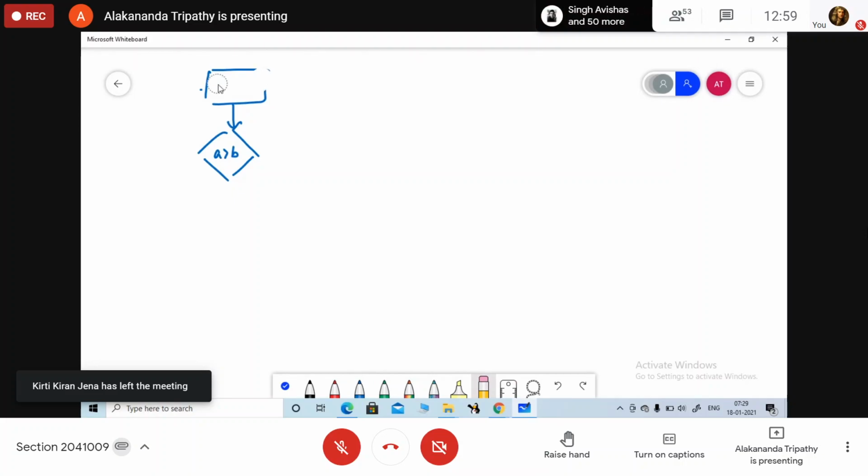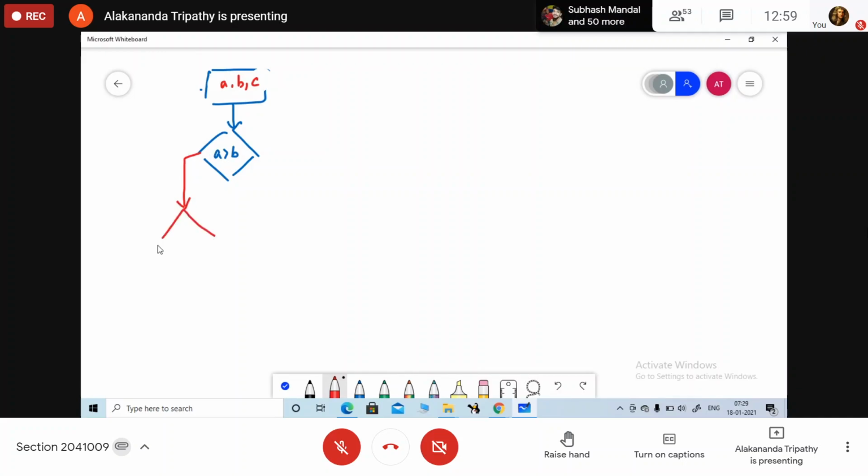If I am going to check for 3 numbers, A, B, and C, similarly without using the AND clause: A greater than B. Now, if it is true, what will be the value?